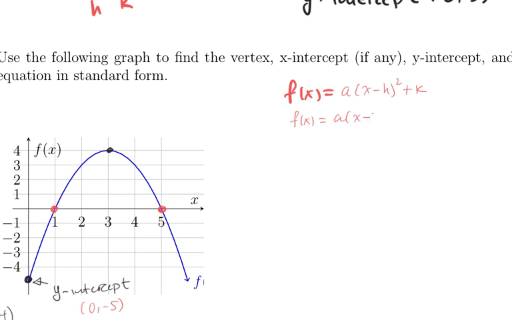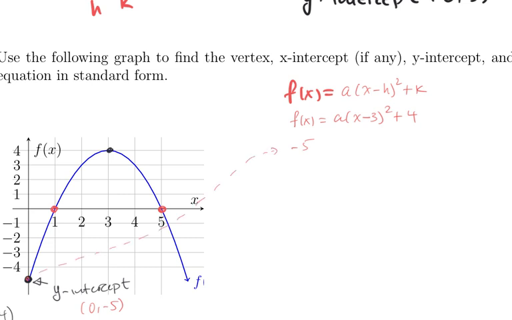X minus 3 squared plus 4, right? So the only thing you need to figure out is what is the value for a. Well, remember I told you you can use the y-intercept. By the way, you can also use the x-intercepts at this point, but you should stick to the y-intercept. So that means 3, not 3, -5. So, because this is -5. So -5, so remember this point,